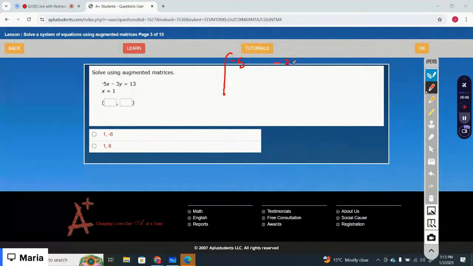That is -5, -3 and 13. 1, 0 and 1. So you have to make